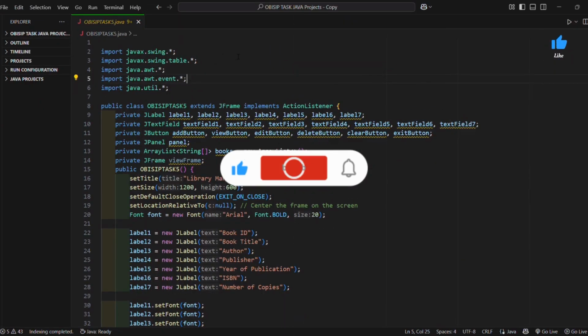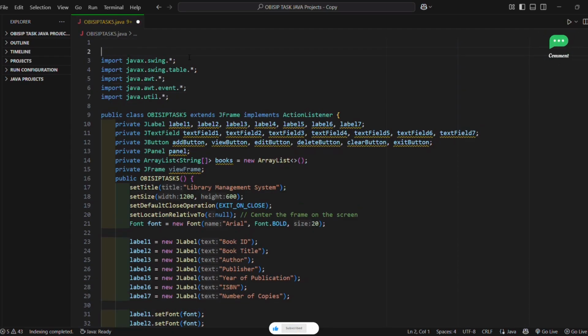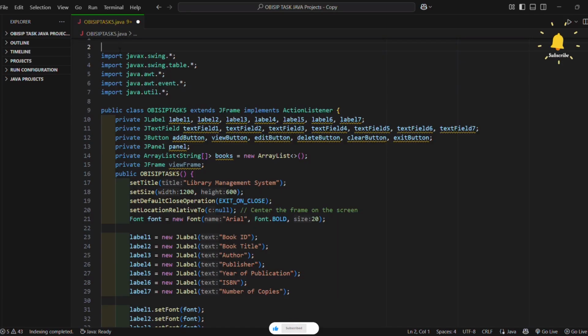This is the library management system project in Java development. So today we see the project. So firstly, we import the